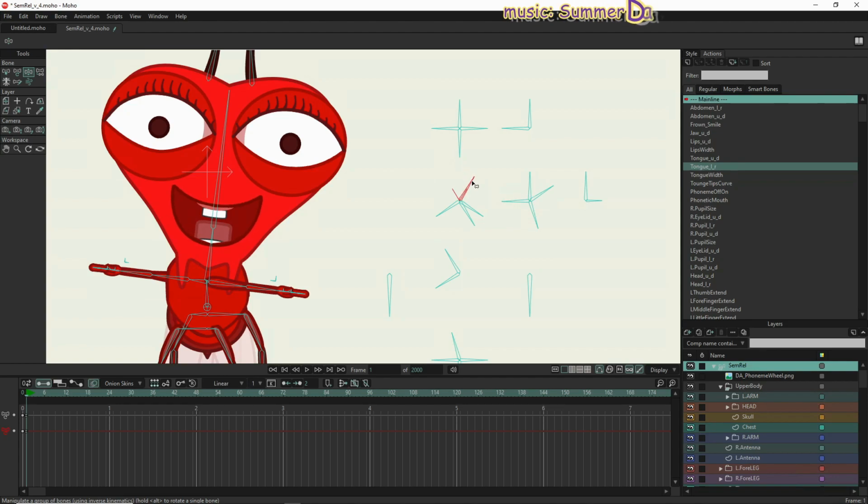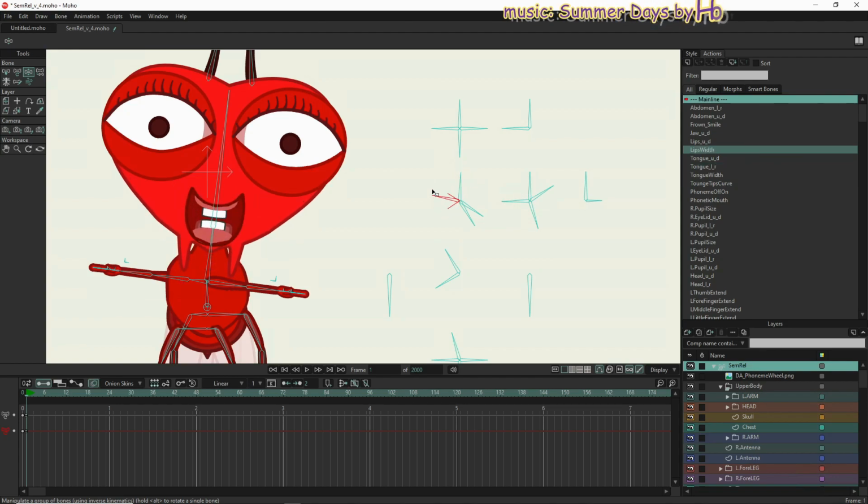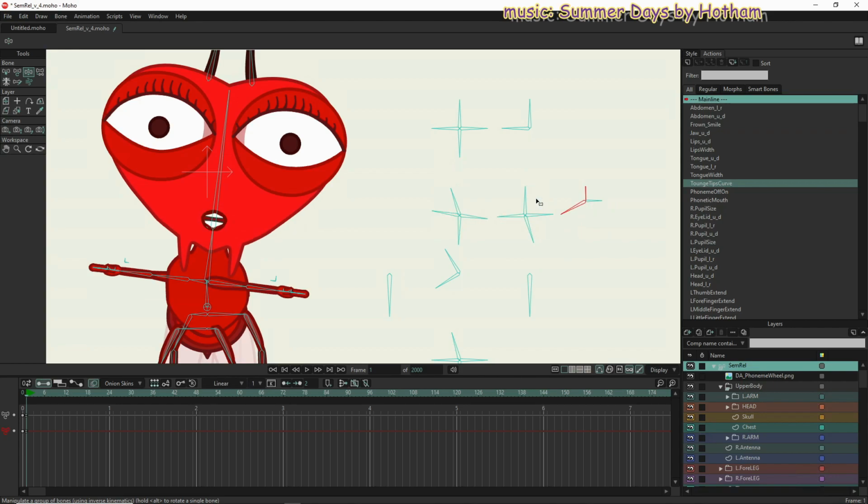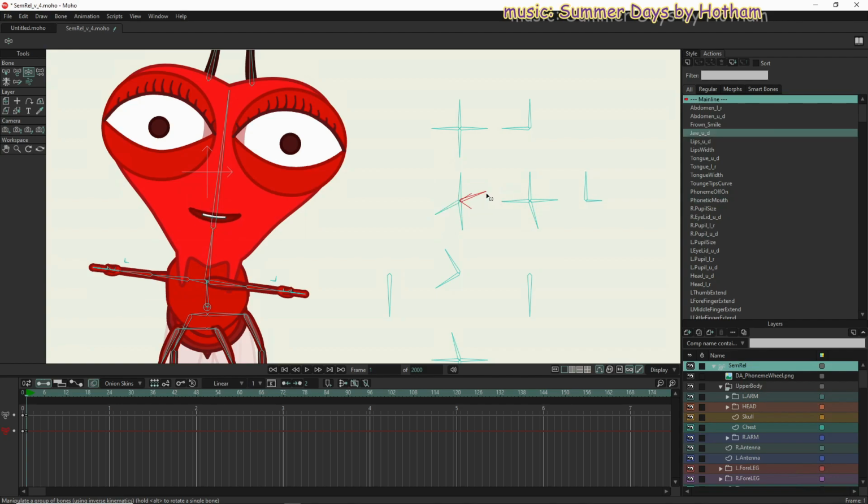Zoom in on the mouth. So there's that. Of course, you can adjust the mouth, and then the phonetics will keep that mouth shape during the phonetics. So if you want the character shouting,